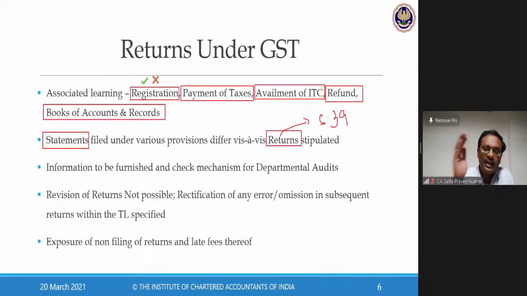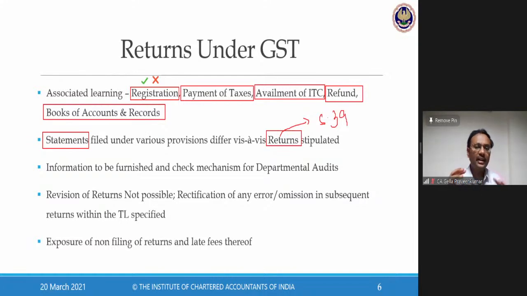Next, return is a window, a mechanism where the transactions of a business are checked or verified by the department in the process of their audits. I file returns on a monthly basis. Department comes back and says, Praveen, you filed your return. I see that your